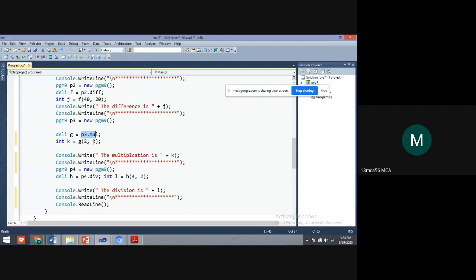This is for multiplication and this is for division.